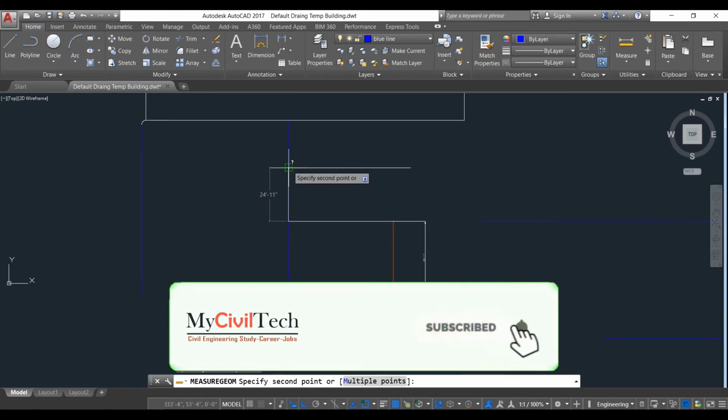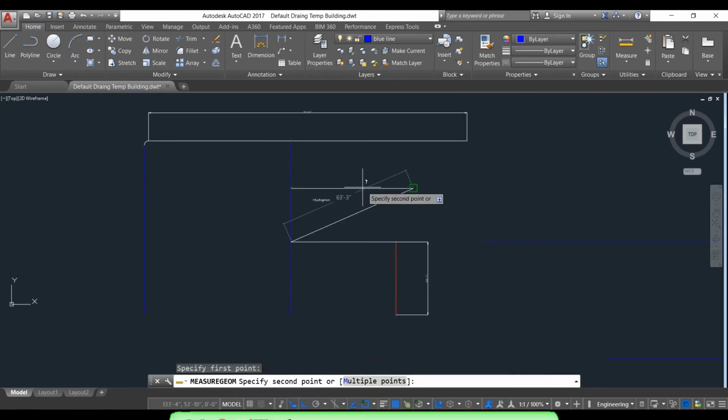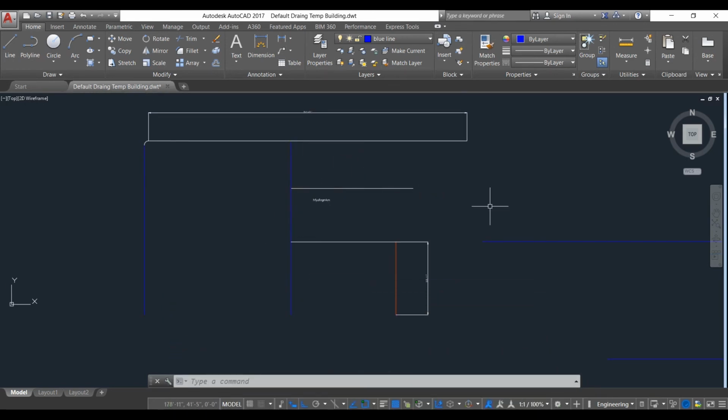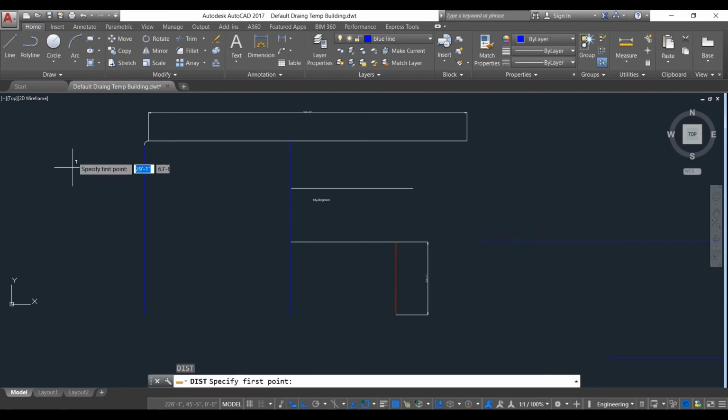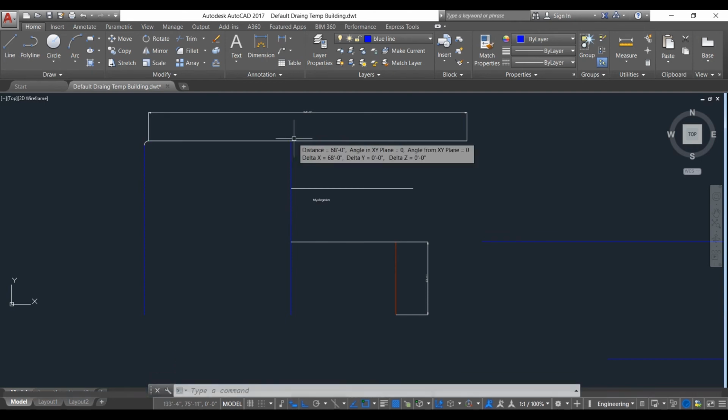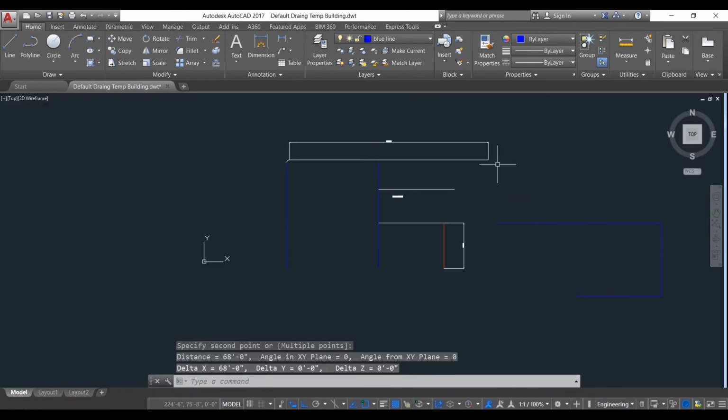We will use this command very much in our project. To use this command faster, we actually type di in short, that is distance, and just choose the objects like this. Okay, now I think we are quite ready to start our projects. And when we start building our projects, I will explain this command again.